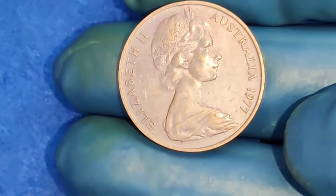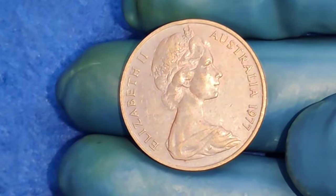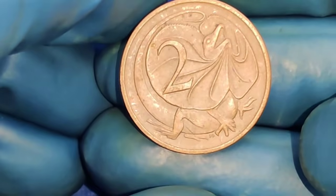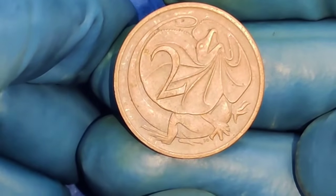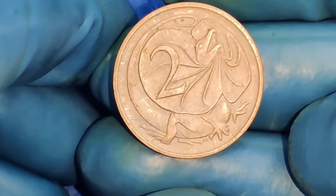Store it in a dry, dark place, and seek an NGC or PCGS professional grading service as soon as possible. The value lies in that untouched perfection. Every fingerprint can cost thousands. But if it grades high, and especially if it earns a top pop label, you are entering the highest levels